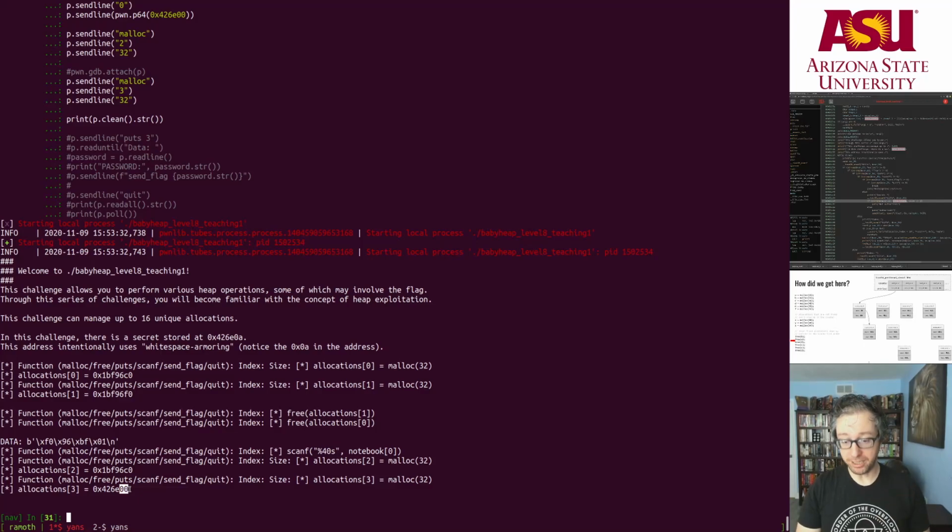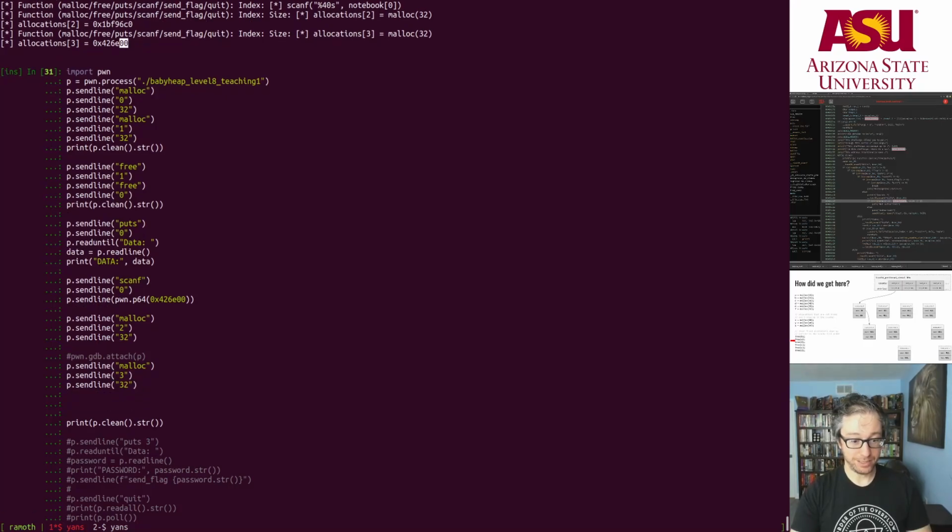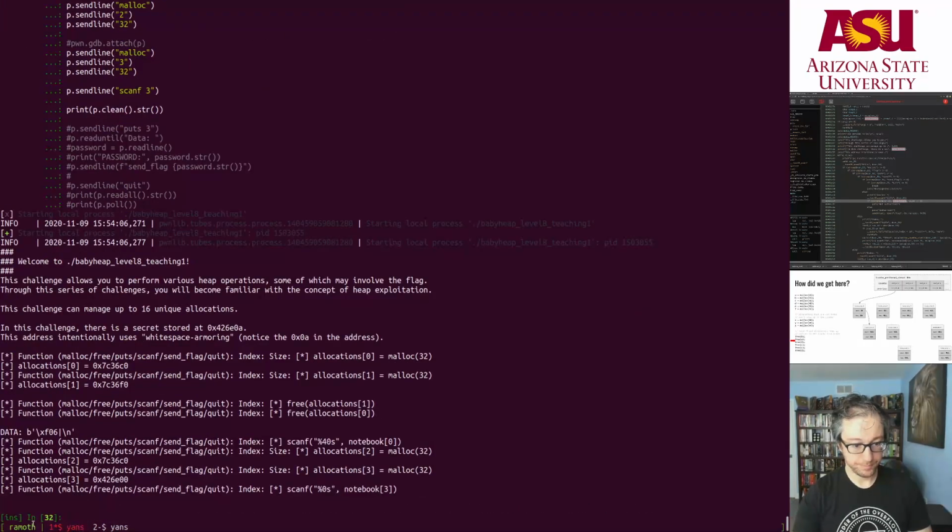When we do a scanf, scanf will allow us to override the entire allocation. And it thinks that that allocation is 32 bytes long, right? So now, if we do scanf 3, it'll